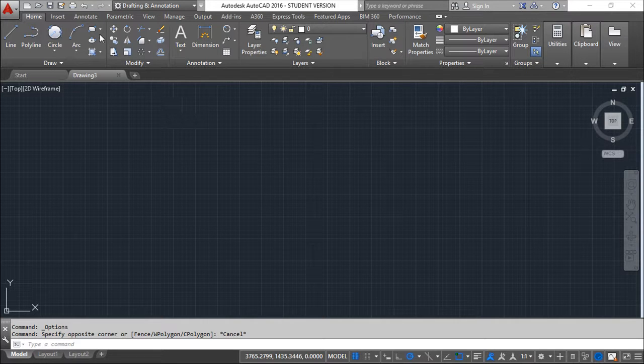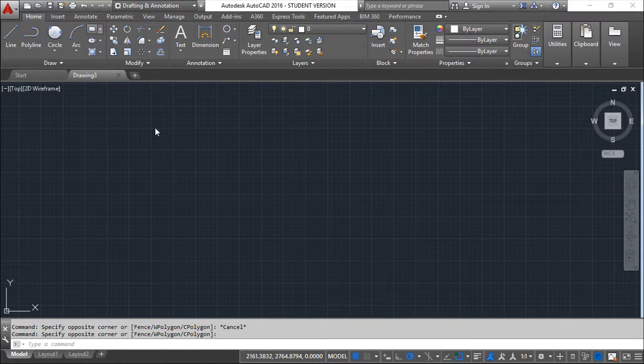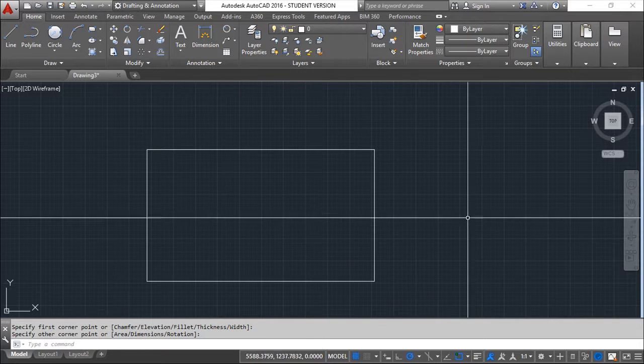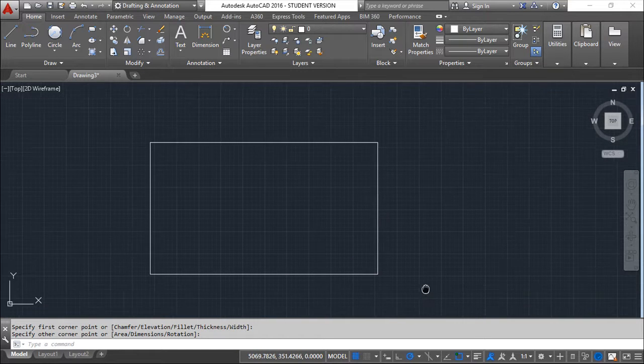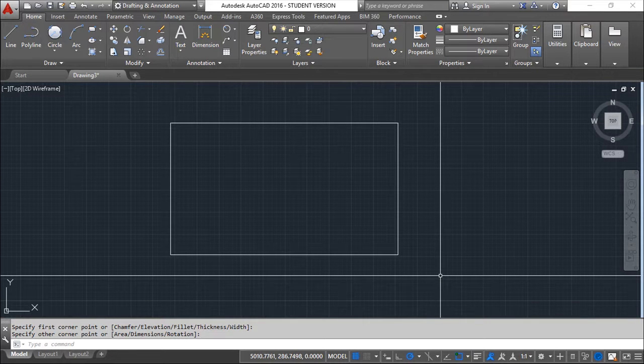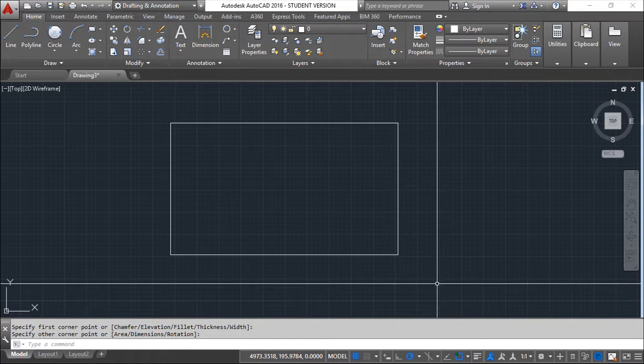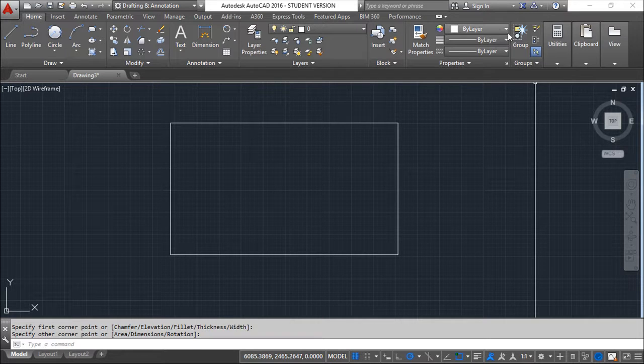Let me create one simple entity that can be a rectangle, and I did not pay too much attention to this rectangle. I just want to use this rectangle, for example, as an example of what could be a title block or a paper sheet format, whatever you can consider, having the idea that I will always use this rectangle in all of my drawings. Okay, I can do the same, for example, in terms of